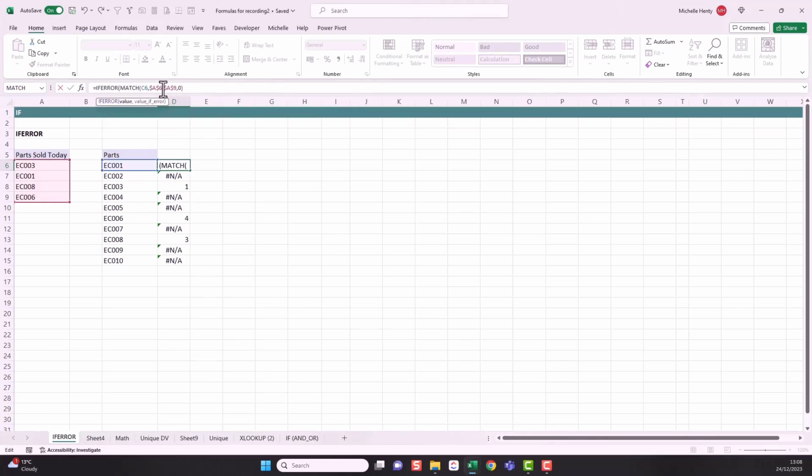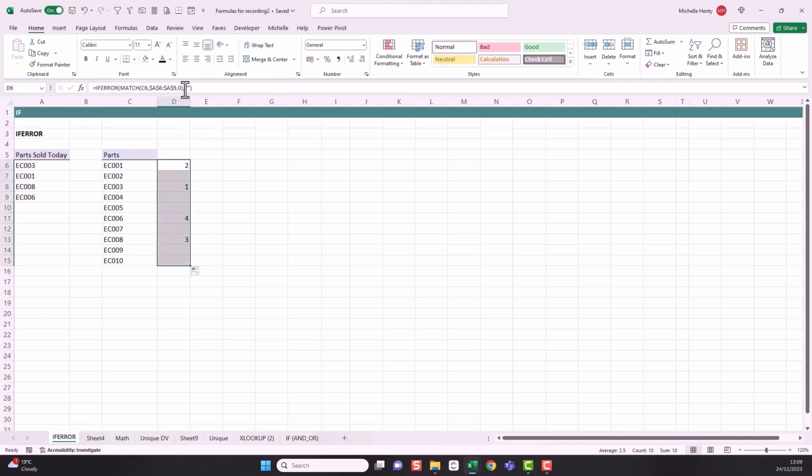The value is my formula, comma, value if it returns an error. So this is going to be my formula. This is going to be the value it returns. This result is an error. I want it to do the IFERROR here, which is blank. I'm going to return nothing. I just want to get rid of those NAs. And then if I just drag this down,